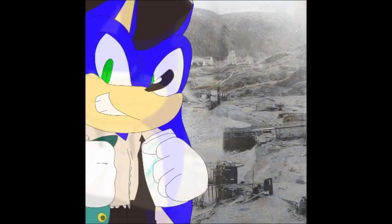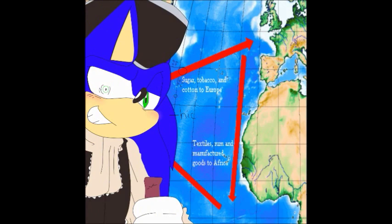Some other sources of trade included milk, beef, lumber, iron, fish, and whale blubber. Colonists' appetite for items were not satisfied for only this, so they decided to sail off for more riches. They first stopped at Europe to give sugar, tobacco, and cotton. Then, eventually, they sailed to Africa and traded textiles, rum, and manufactured goods to Africa, trading for slaves, sugar, molasses,